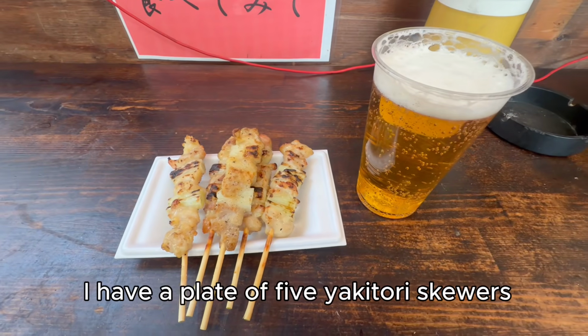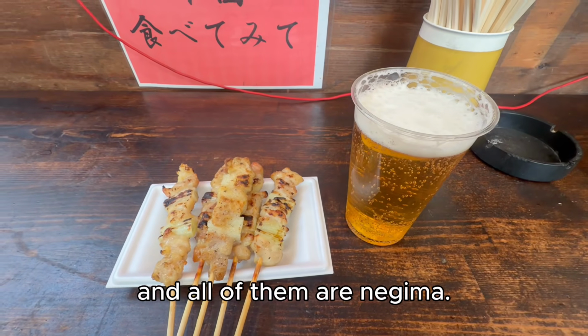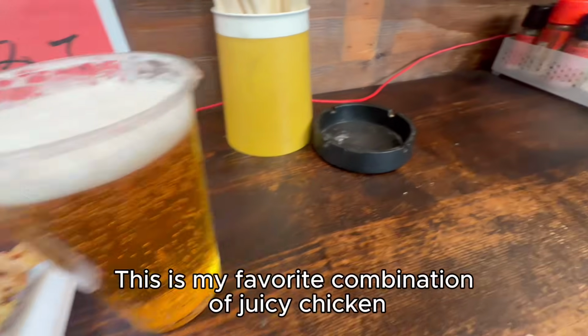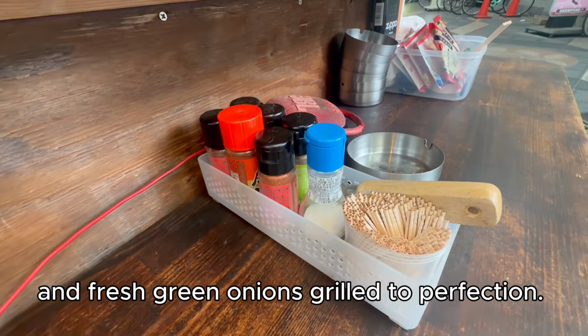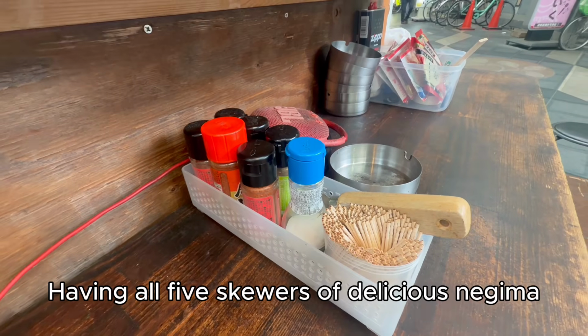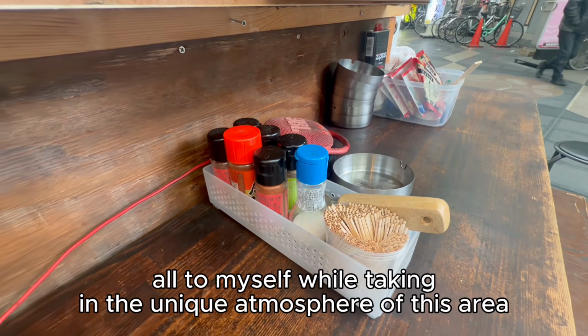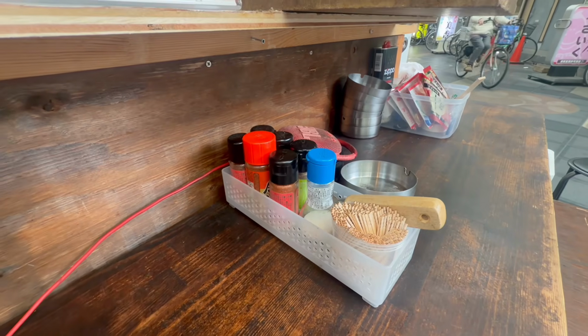I have a plate of 5 yakitori skewers, and all of them are negima. This is my favorite combination of juicy chicken and fresh green onions grilled to perfection. Having all 5 skewers of delicious negima all to myself, while taking in the unique atmosphere of this area, makes this meal truly